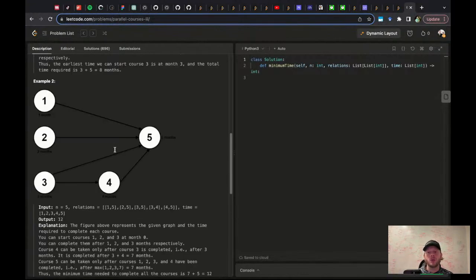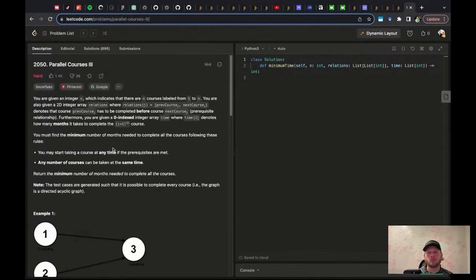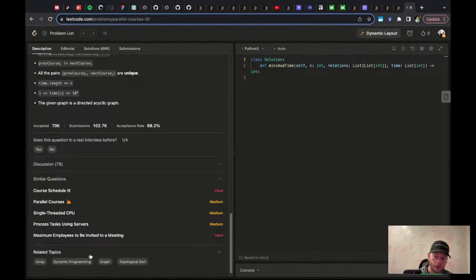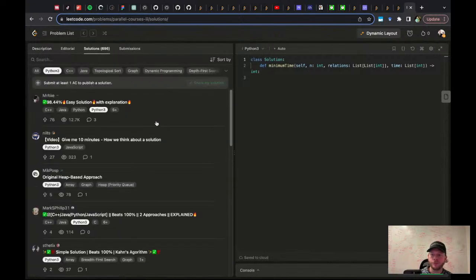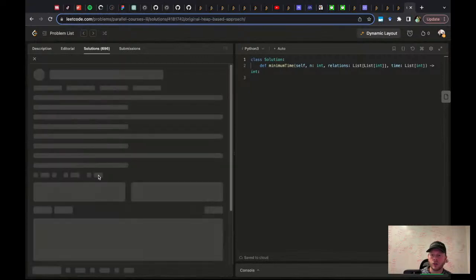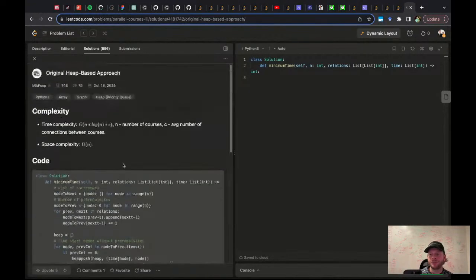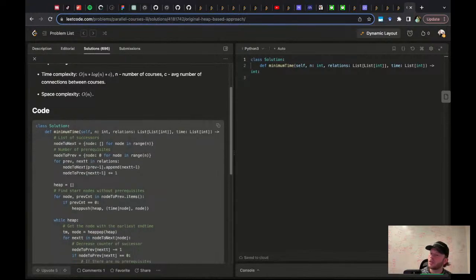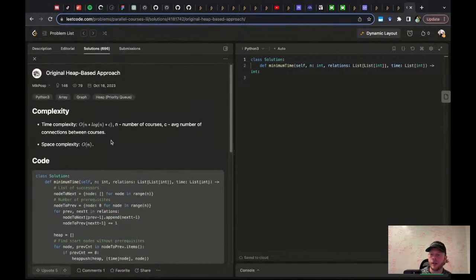Parallel courses, whoa. Does that make it way better? Ooh, golly. Let's look at the solution. It's not too bad. Not too bad to write it out.